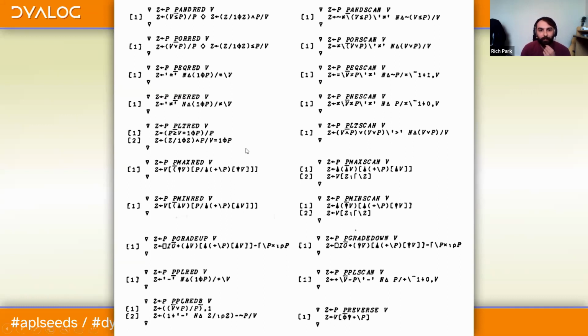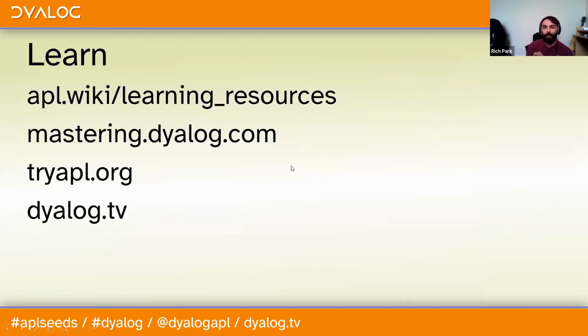I think that's all I really want to say about the historical context of APL. I don't want to give you a whole massive lesson there, and there's lots more that you can read about, especially on the APL wiki, in terms of the history and development of APL and other APL-like languages. There's plenty of conversations to be had there in the future, but for now, before I introduce the rest of our speakers, I'm just going to leave you with a few links to other places where you can get started learning if you do find this stuff interesting and you're intrigued by the end of all this.